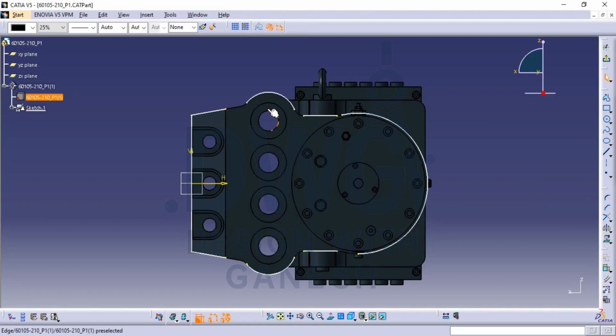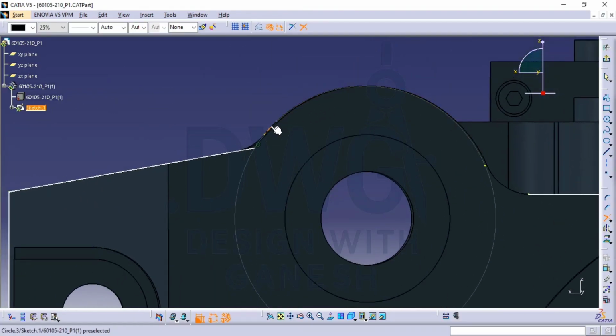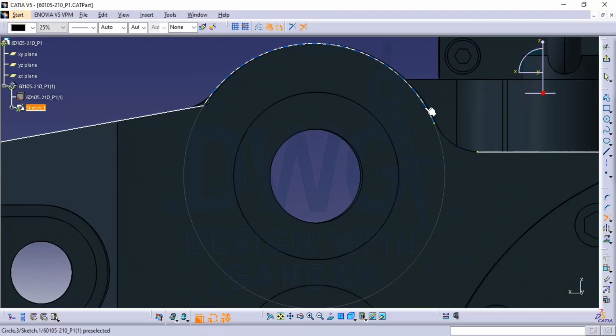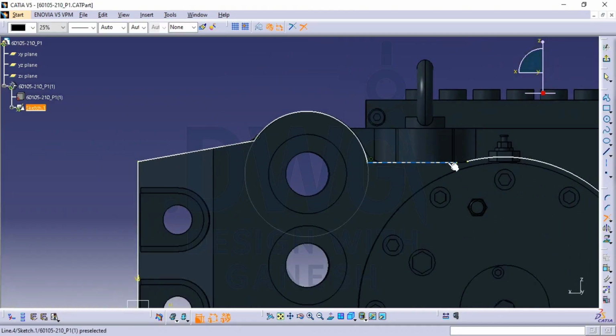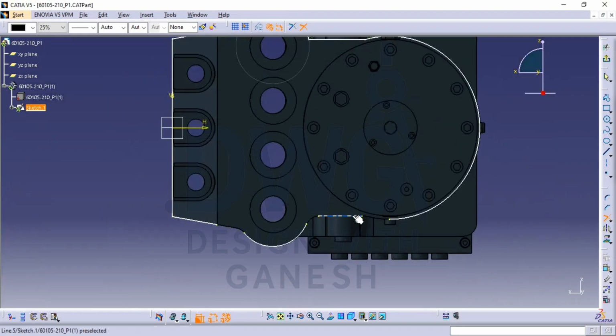Since I want to use a pad for the later features, and a pad is applicable only for closed profiles, I am closing this profile using the extend option. See, here is the extend option. Click on the line you want to extend, and click on the entity till which you want to extend. Even though there is a gap, I want to extend this up to this, and this up to this. Like this way you have to do it, and these are not constrained, guys, so remember that in your mind. If you change anything, it will